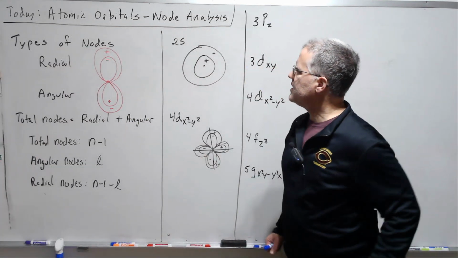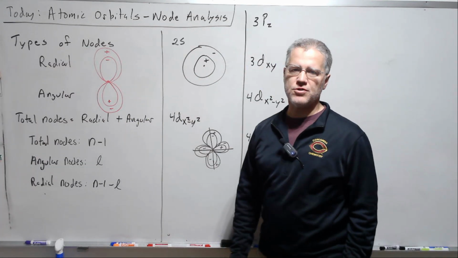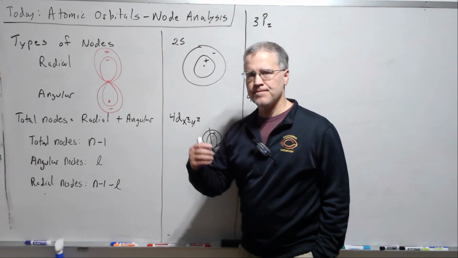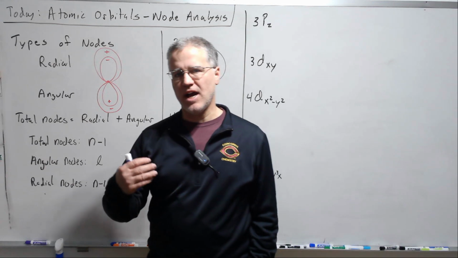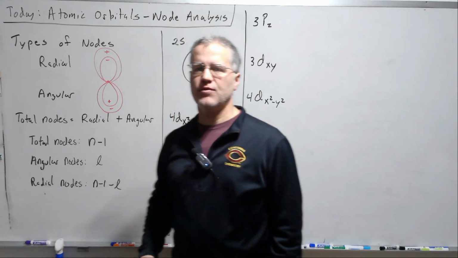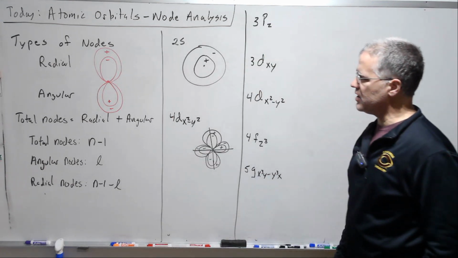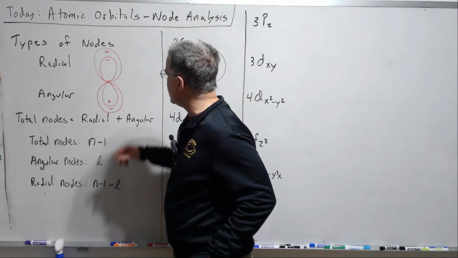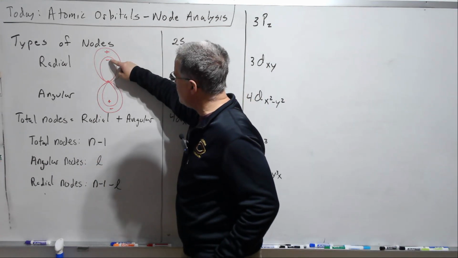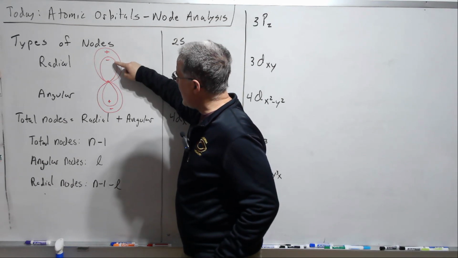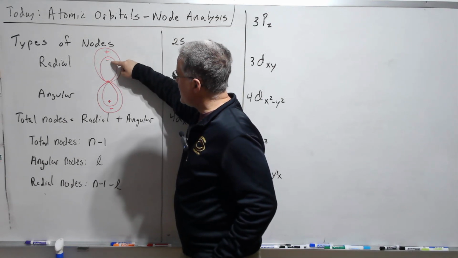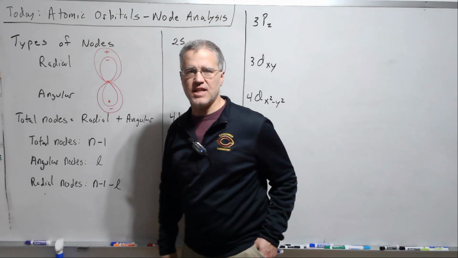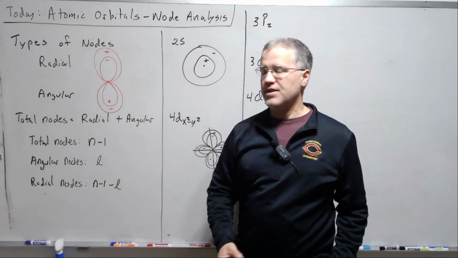Okay, today we're going to talk more about the atomic orbitals, in particular node analysis. So this will be a way to really understand the nature of the nodes and how that can help us understand what these atomic orbitals look like. The important spots on the atomic orbital are to identify the nodes, and we've noted that if the sign changes from plus to minus or minus to plus across one of these lines, then that's representing the node